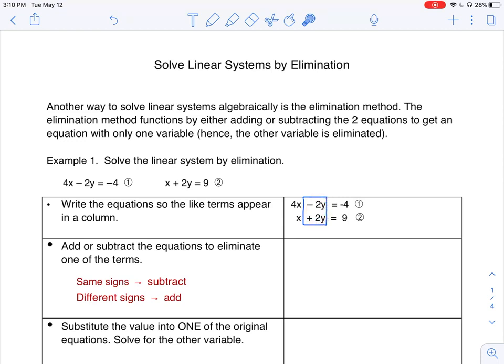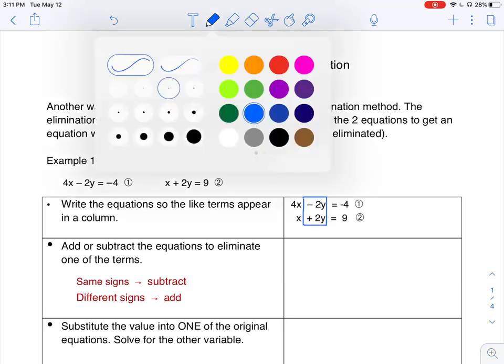Well, if I have a negative 2 and I add a positive 2, I'm going to have a 0. The other rule that we have down here: if they have the same signs, you subtract them. If they have different signs, which we do here, a negative 2 and a positive 2, you simply add them. So I'm going to add